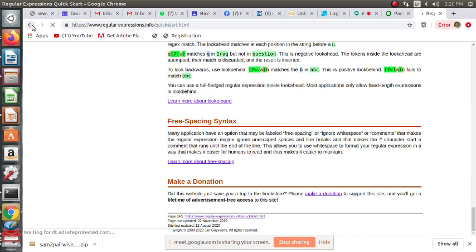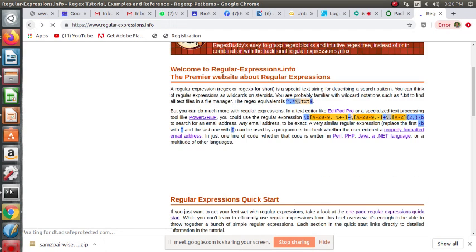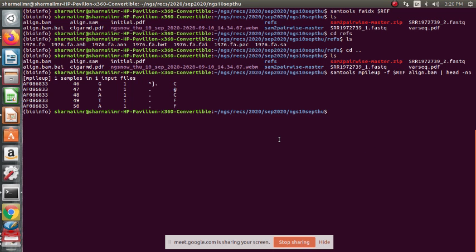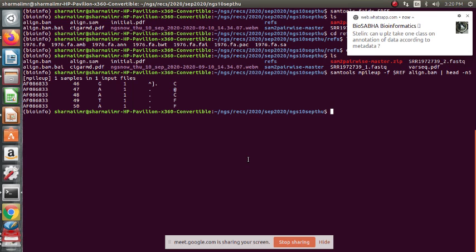Okay, we'll show it in the terminal if you want. So basically here you have AF followed by 086833, right? If you want to check for this column using the global regular expression pattern, let us store it this way. Head with qualifier n5, and store it in a file, pileup text.